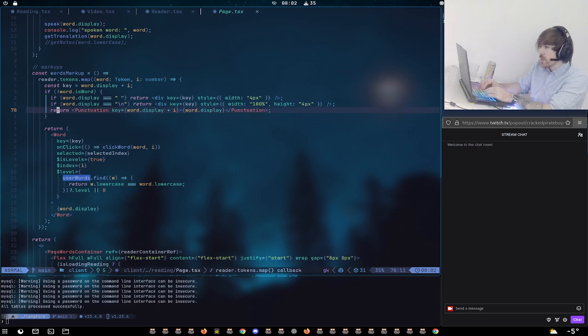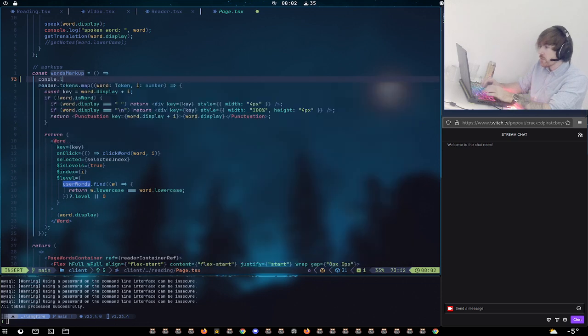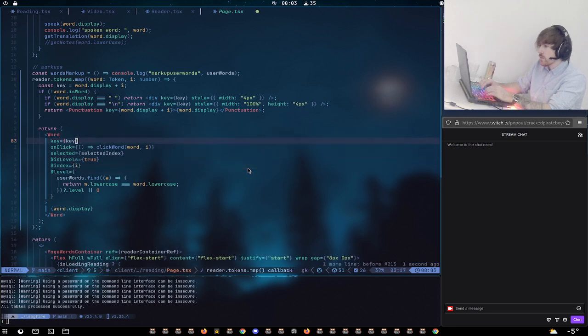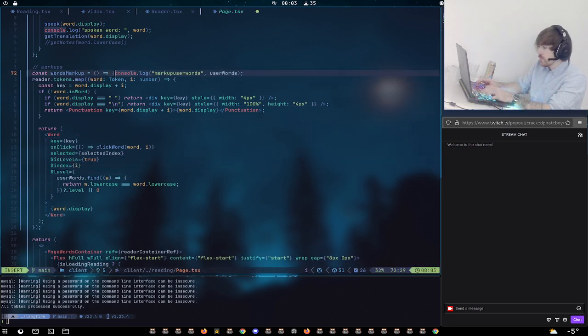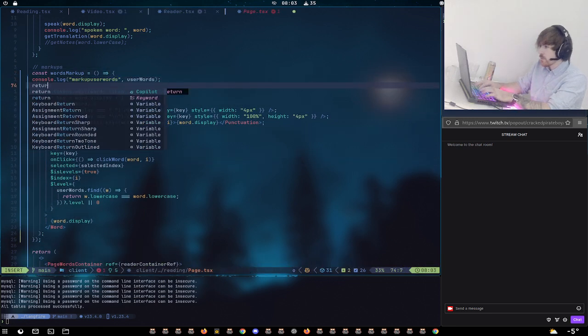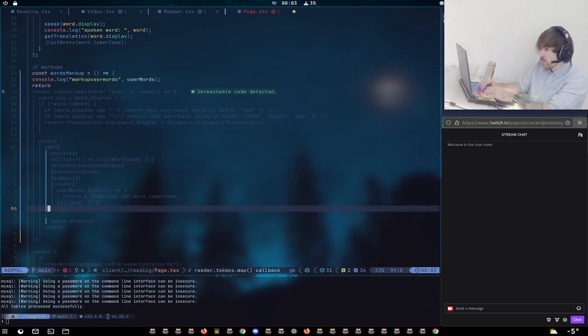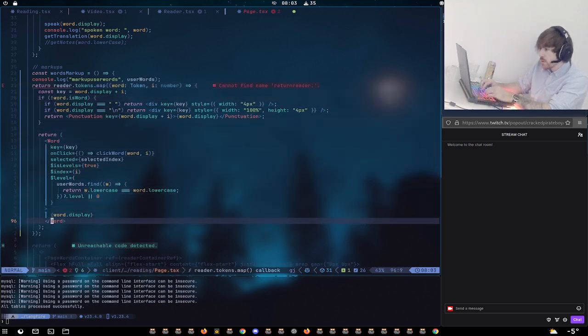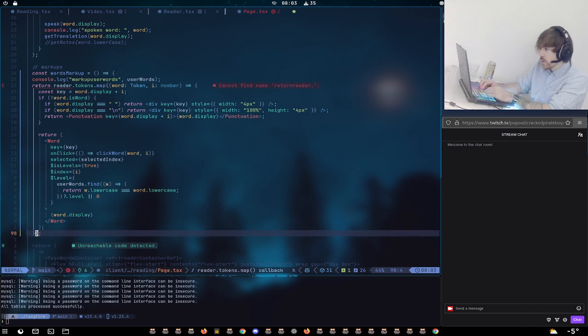So we probably want to do it in here. Is this inside a map? Yeah. Let's do it here. Console log markup user words. And then where is the end of the map? There.